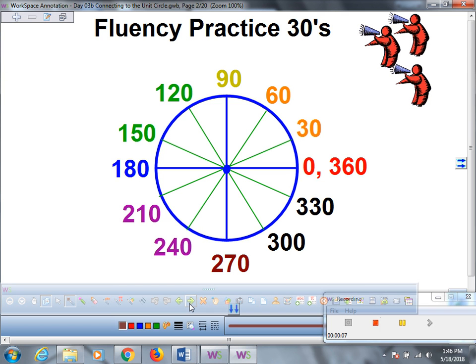on the unit circle. All earbuds out, all phones away, everybody sitting up, ready to go, all the way up,